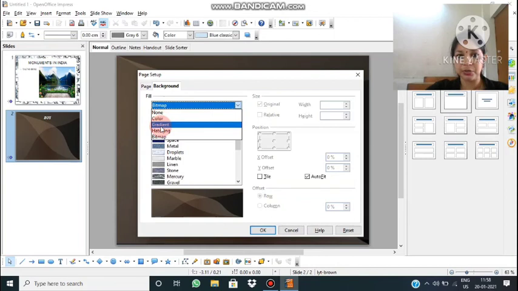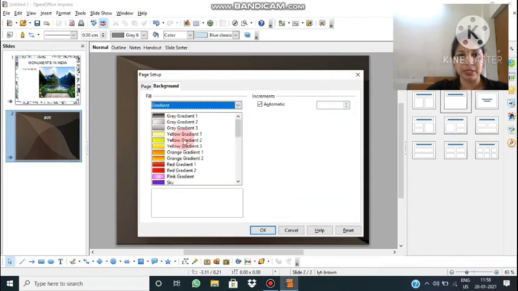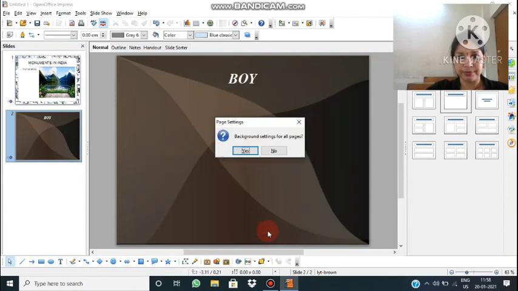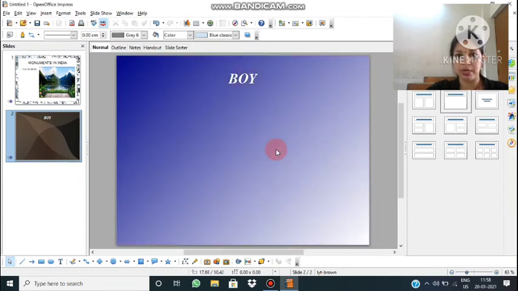On this option you can choose, do you want a solid color, do you want a mixture of more than one color, then different textures if you want, then you will go for hatching, and bitmap images, already predefined backgrounds are there which can be selected. If you want the gradient option, click on that and choose the style. I want this one, I'll click on that and then OK. No, only for this page I want, so I have selected.